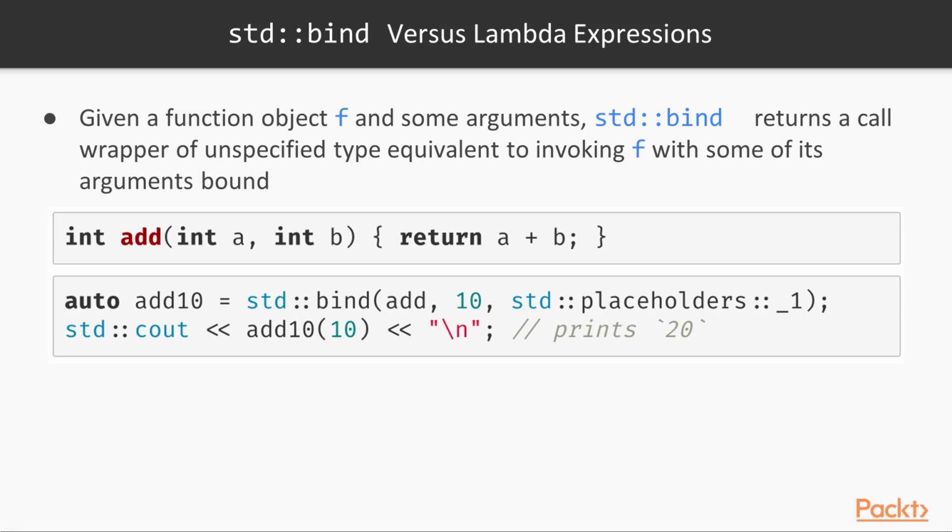Using a lambda here is again a zero-cost abstraction which works with overloads and templates, and it's even more readable than bind. In this case, all I have to say is auto add10 equals some lambda expression that takes an int and returns add of 10 and that int I was just passed. As you can see, this is easier to read as it's regular C++ syntax. It shows that you're binding 10 as the first argument of the add call and having some placeholder x as the second one, and it works with any kind of overloaded template and can be very aggressively optimized and inlined by the compiler.